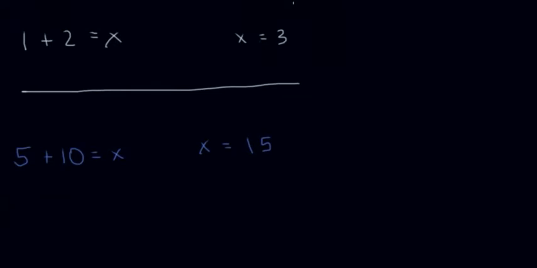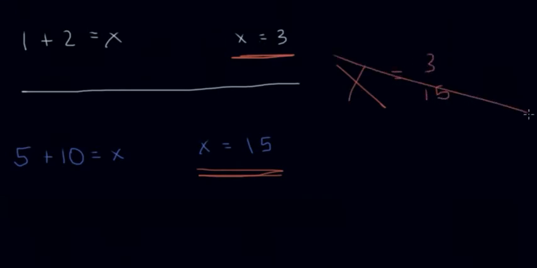So the first rule I want to talk about is how a variable can be a different value in different problems, but not in the same problem. So do you see how x equals 3 in this problem and x equals 15 in this problem? And that's completely okay because these are both different problems. But what is not okay is for x to equal 3 and 15 at the same time in the same problem. So for example,